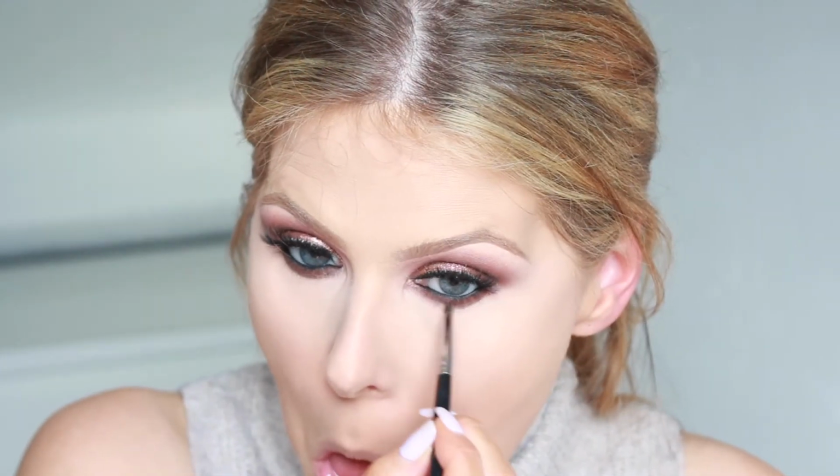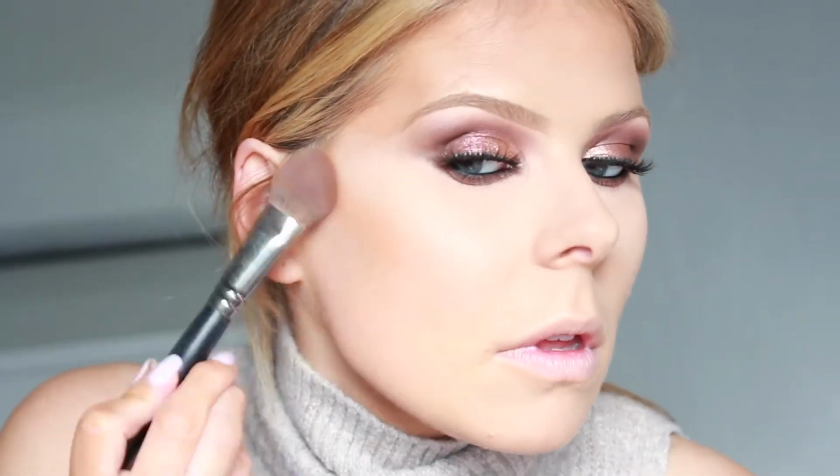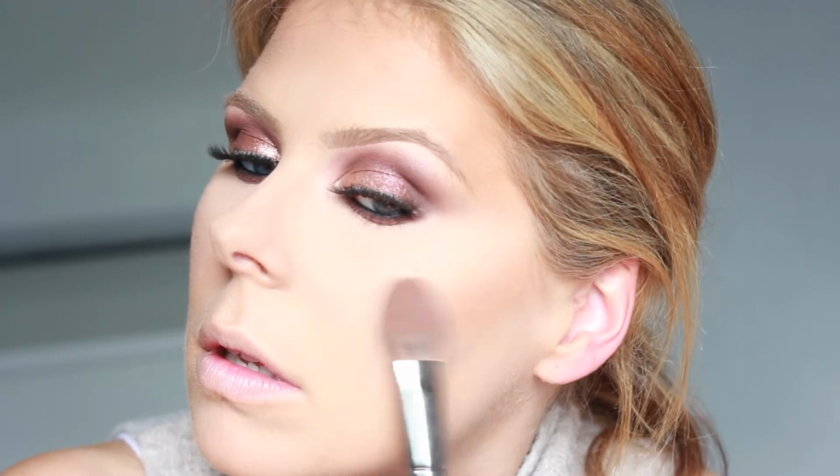But yeah, this did a really good job of still shining through all that powder, and you'll see when I add a powder highlight that it just made it so much more intense, which I love. I'm then taking a little bit of bronzer. This is the Give Me Sun bronzer by MAC, because I just can't stop using it, and I'm trying to do it a little bit lightly because I know I'm going to have quite an intense blush,